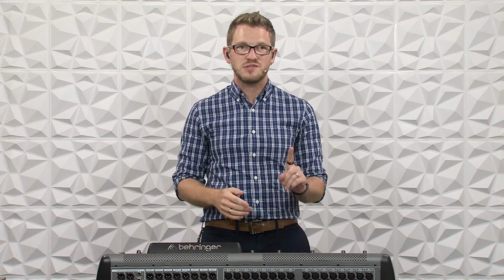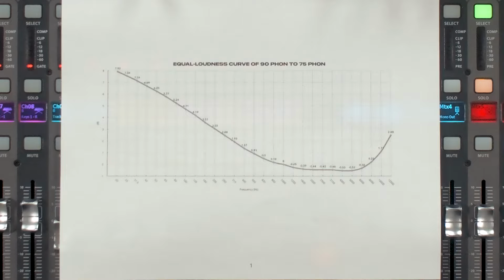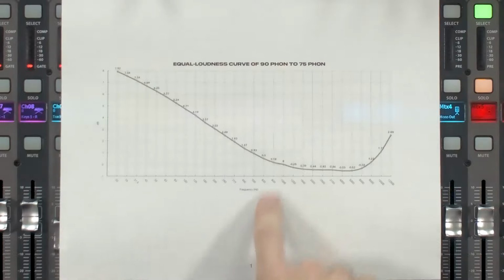Now, a fawn is a weird measurement. It's the equivalent of 1 dB of 1 kilohertz tone is 1 fawn. So if we had a 90 dB 1 kilohertz tone, it would be 90 fawn. And a 75 dB 1 kilohertz tone would be 75 fawn. So our measurement between 90 fawn and 75 fawn is 15 dB. So if we take our 90 dB mix and turn it down to 75 dB, we can see that at